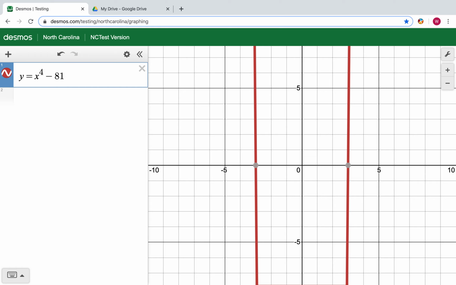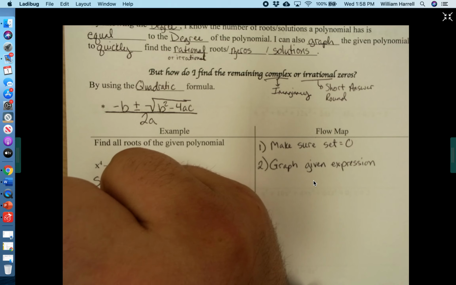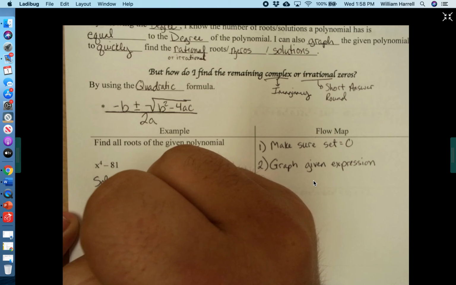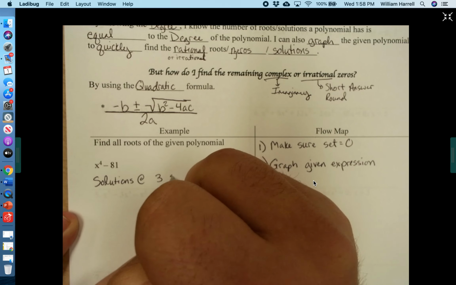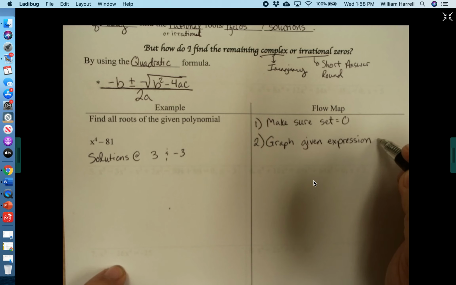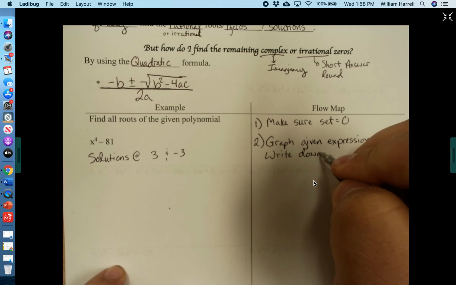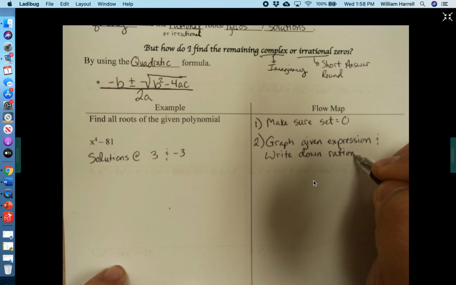I can then very simply click on my real solutions, where the graph crosses the x-axis. So I know I have solutions at 3 and -3. After you graph your expression, write down your rational solutions,